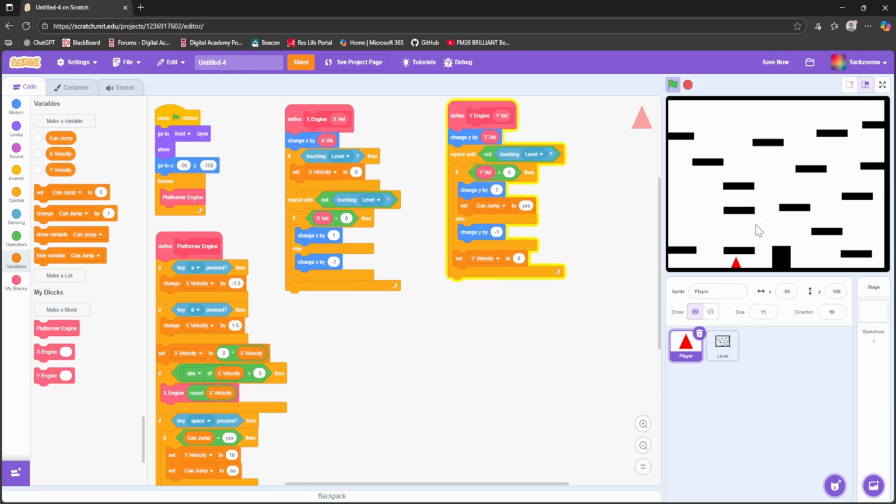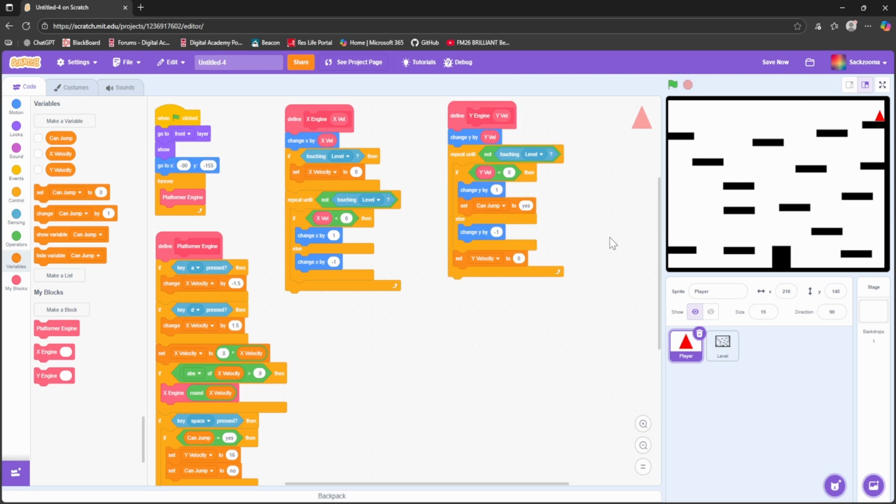So if we click play, as you can see, our movement now works and it looks very, very smooth. We can jump around all around the level. Level is quite tedious to set up because obviously you need to make sure you can reach every single jump. For example, I can't reach that jump there, but there are workarounds. It's kind of like a puzzle game,